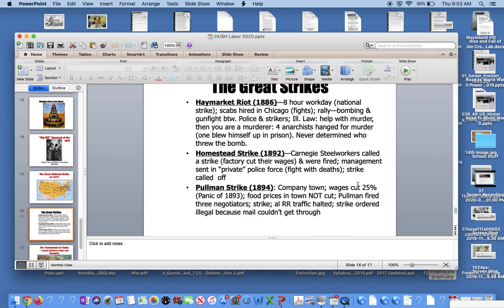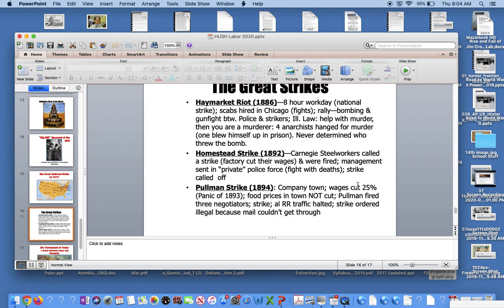Pullman strike is also related to the Panic of 1893. There's a lot of wealth in this period being amassed in the hands of a few. There's also a lot of economic instability. The market is still really unstable, because there's no central banking system. And so